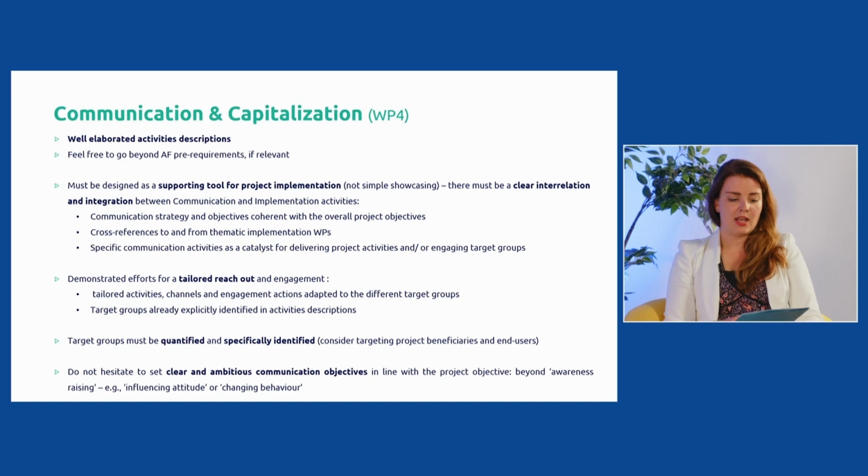So we want to see that your activities are tailored, channeled, and appropriate for the different target groups that you are thinking about. And also make sure that your target groups are specific. So don't talk about urban actors, but try to be a bit more specific. Are there specialists in this area or that area? Are you addressing your activities to your whole population, or maybe only to some specific groups? And if you have different groups, then